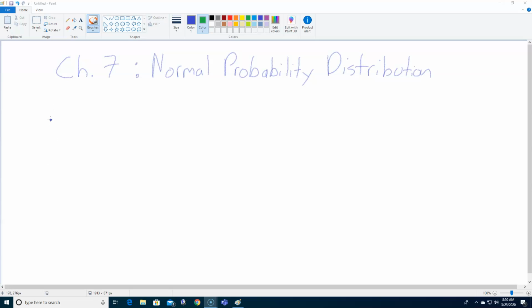Okay, Chapter 7, we're going to talk about the normal probability distribution. To do that, I want to show you some of the notes, how I would demonstrate that before we get to the problems. So a normal probability distribution deals with the normal curve, where we have some sort of line